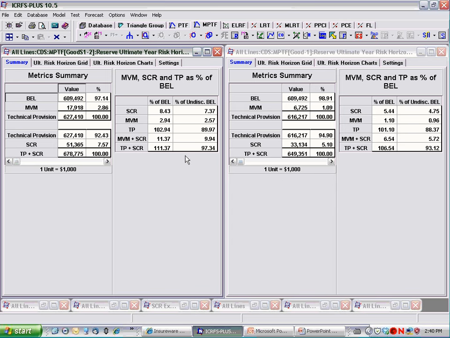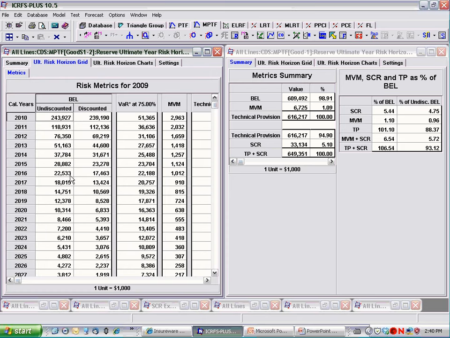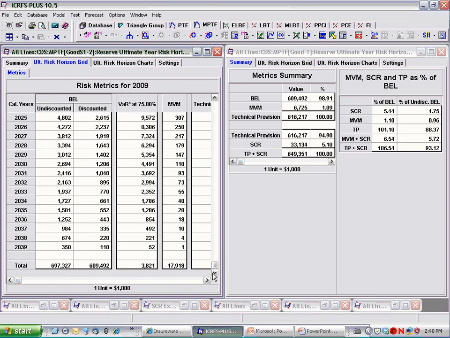So there must be, we're using a 4% risk-free rate of return. So if we look at the undiscounted BEL, 609 million versus about 697 million. We've seen these numbers before. That difference of about just under 90 million accounts for the market value margins and the SCR, even if you don't allow for